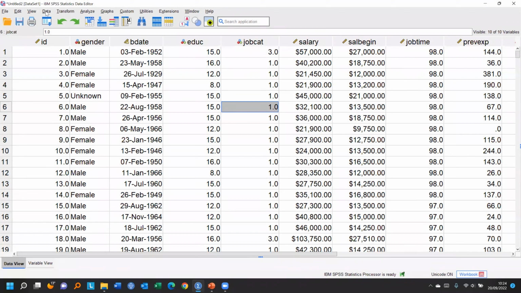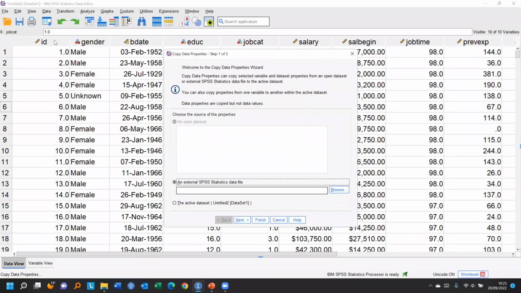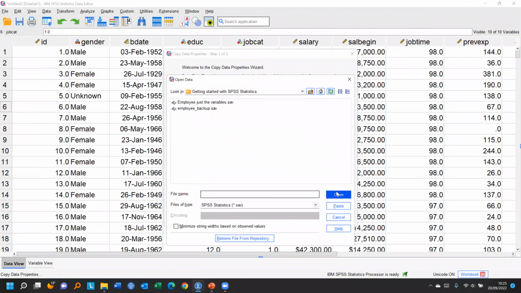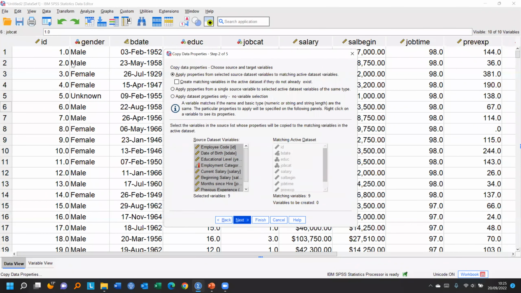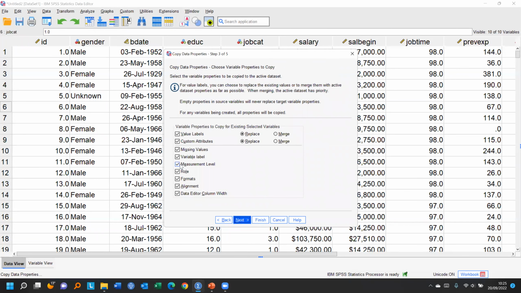And to do so, all I need to do is go to Data, copy data properties, and then search for that previously formatted file. SPSS data files are given the extension .sav. It turns out I've got a previously formatted file called employee, just the variables. It doesn't contain any records, just a bunch of variables which have all been nicely formatted. If I click open on that and hit next, it will match that set of formatted variables to this unformatted set, and it will copy across the variable labels, the missing values, all of these other elements to that, which are called